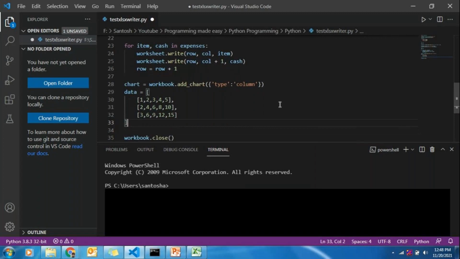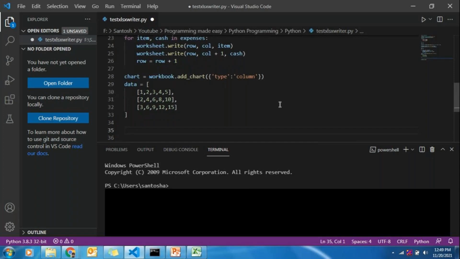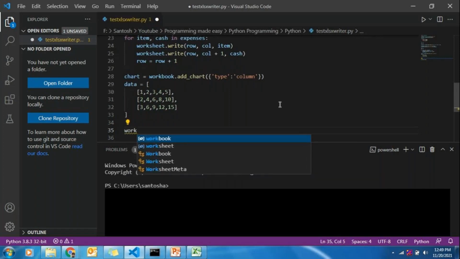So once my data is ready, I need to add this data. First, I need to write this data to the Excel so that I can include it in my series. So first we will write this data to the Excel, in the same Excel, because in order to create a chart I need to give the value, which value it has to take.